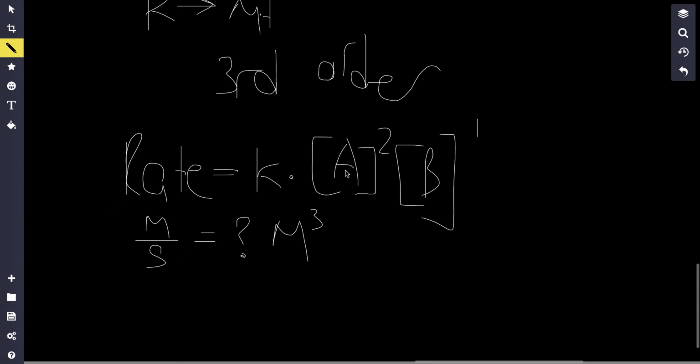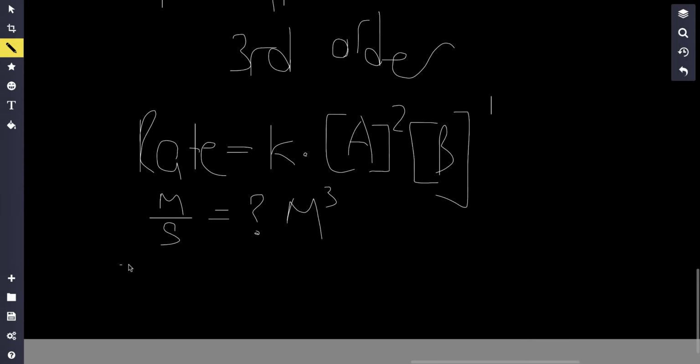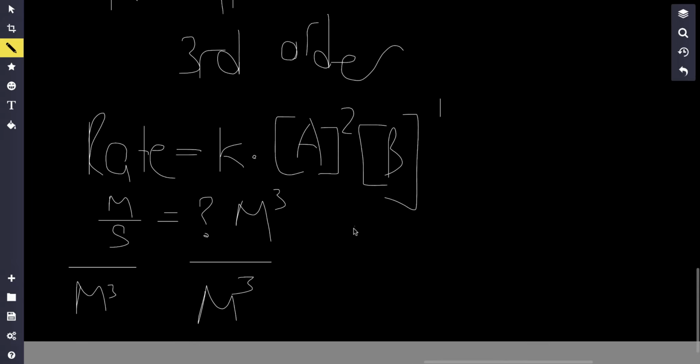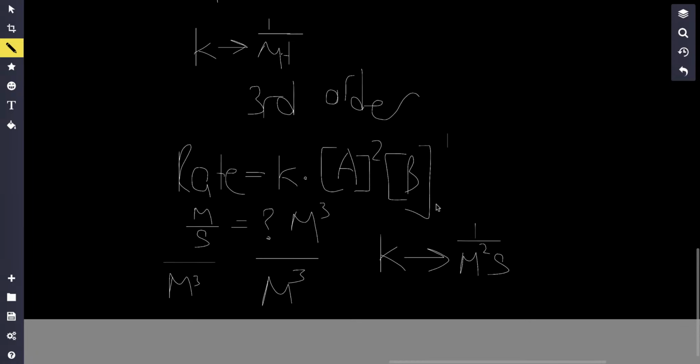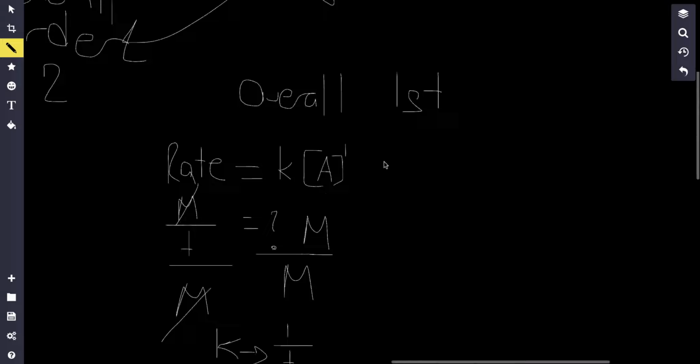concentration, right? There's molarity squared here and molarity to the first power here. So that makes up molarity to the third power here. If I divide both sides by molarity to the third power, I get that my units for K is going to be equal to 1 over molarity squared multiplied by second. So notice how every time we add on